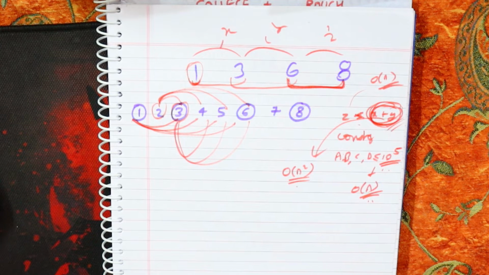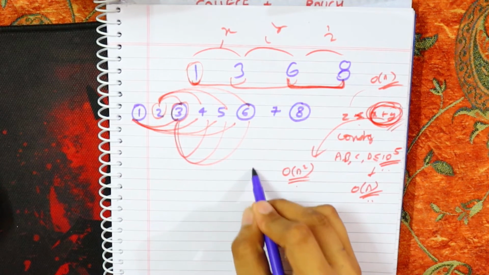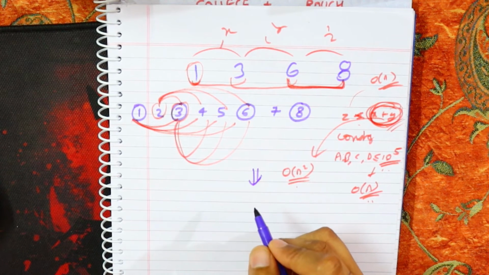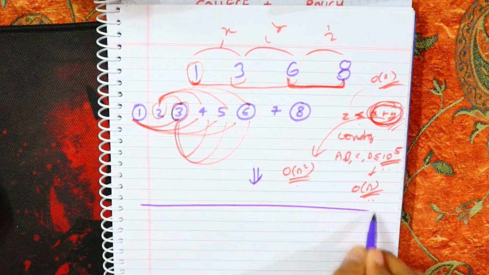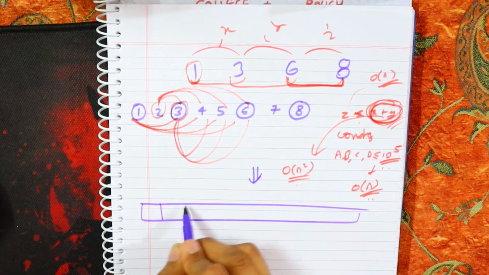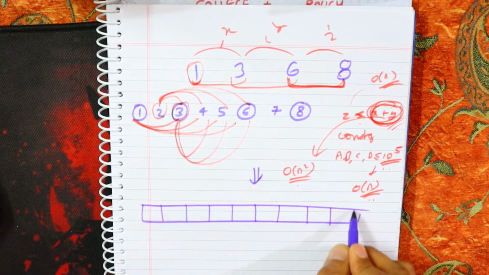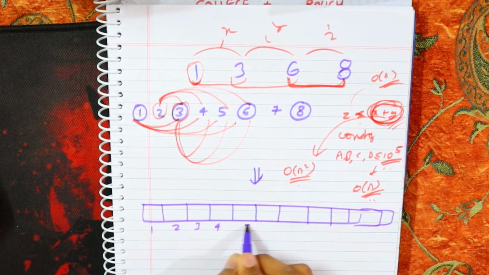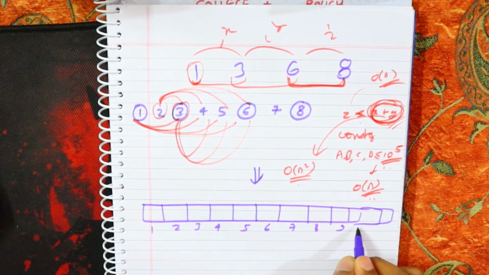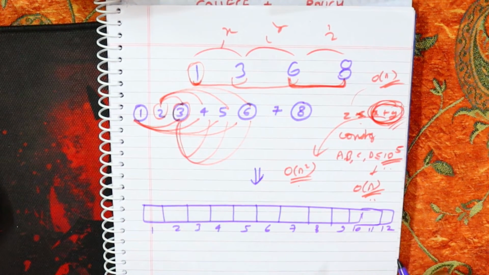Now here comes the main twist, the main part. What you need is the help of prefix sums. Now you will say, Aryan, how prefix sums? I'm not able to get it. Okay, I'll explain it. See, in prefix sums, let's make an array of prefix: 1, 2, 3, 4, 5, 6, 7, 8, 9, 10, 11, and 12.